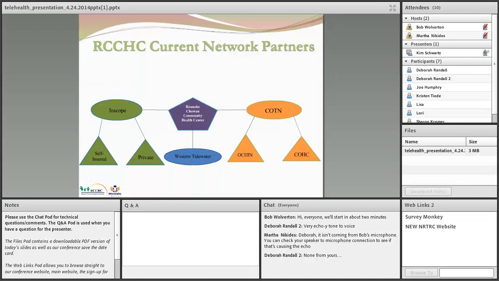And so InScope is out there coordinating business with the self-insured market, brokers, and several other organizations that some folks in the exchange and co-ops that are developed in 27 states. And so we've got some pretty exciting things going on. And then they subcontract with us to do the monitoring. And we're also working with the state of Virginia. Western Tidewater is a community health center and health department that covers the Hampton Roads area. So we're working with them on expanding their network as well.